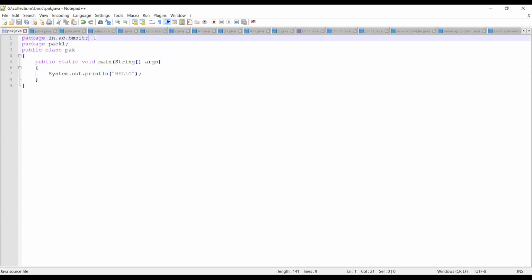So it is accepting the first one, and for the second one, it is showing me the error. What we can generalize from this program is that our program can contain 0 or 1 package statement, at max. Not more than that.